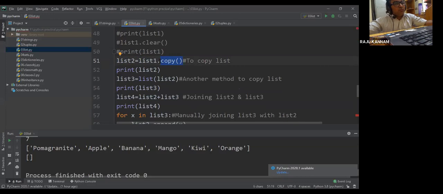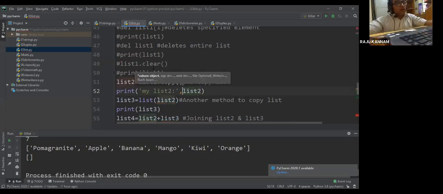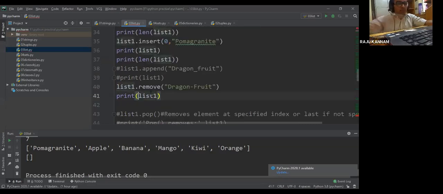So now here I'm printing my list 2, and before this I'll print my list 1.